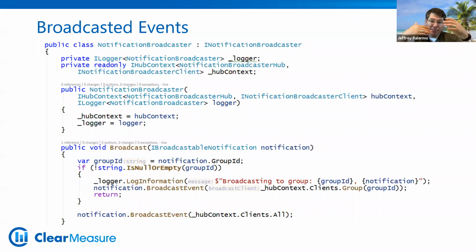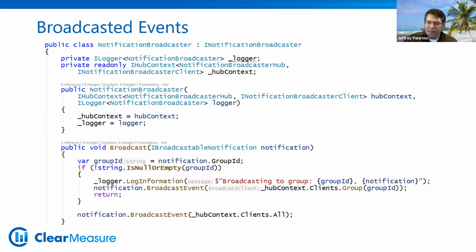It's like, hey, I'm watching a particular auction, so my client needs to be receiving the events for that auction. So this is how we broadcast it out, but we just hook into the bus. So again, our Blazor code files, those Razor components, they don't have to mess with any of this stuff. We do it in one place in the application,